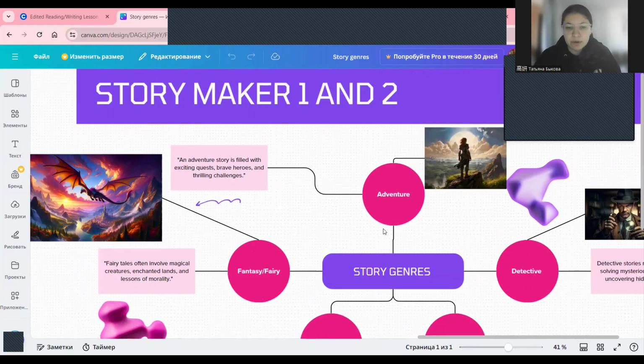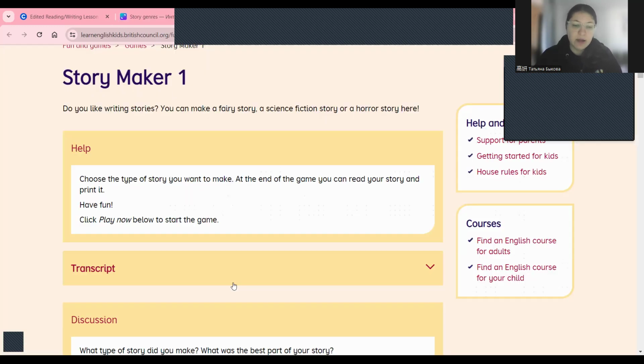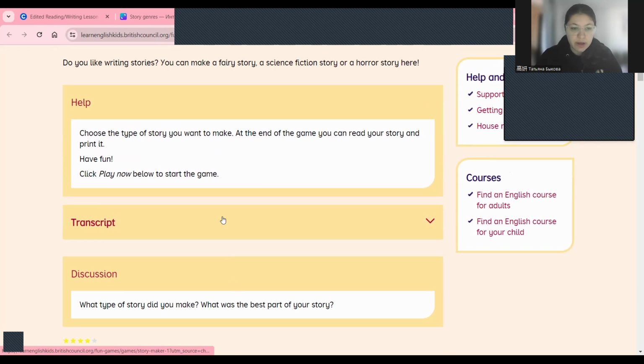So, our story maker tool will help you to make a text that we will read, and after reading, you will use that tool to make your own stories and write them down in your notebooks. So let's see the first story maker tool, and I will show you how to use it.